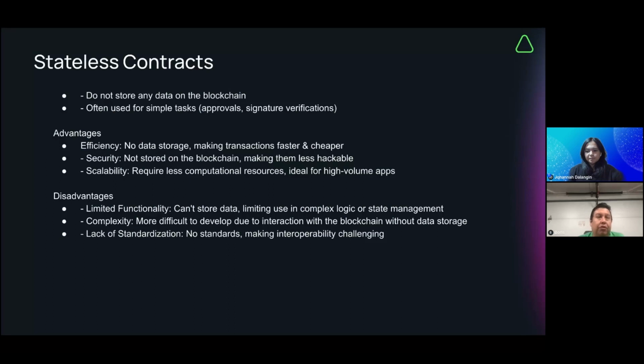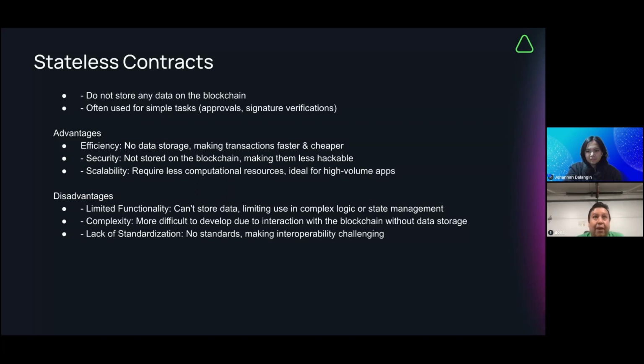Then you create the stateless contract in NEAR, and the stateless contract per se is secure because it doesn't store data, and it's more scalable and requires less computation. If you're building a very high-volume app, it's a good architecture to follow, right? But if you're using a stateless contract, you need a stateful contract, otherwise you have nothing to actually store information, especially if it's a game, right?